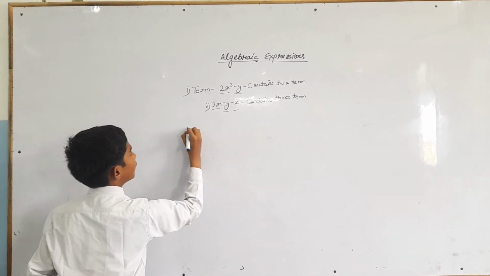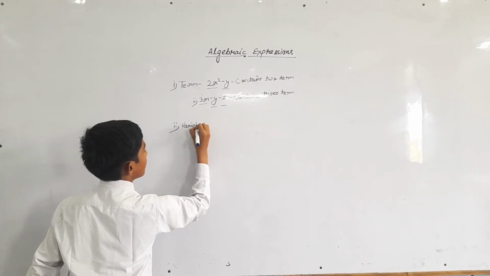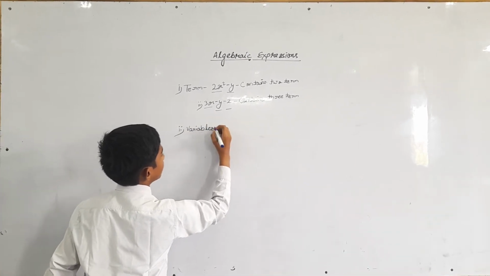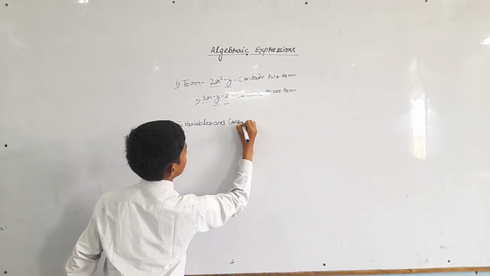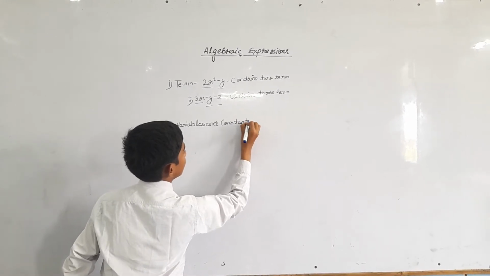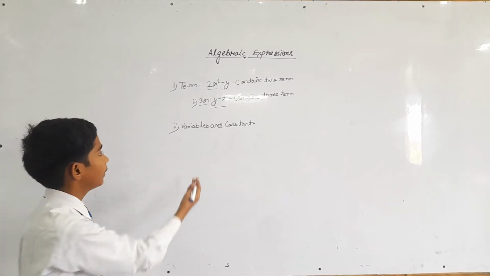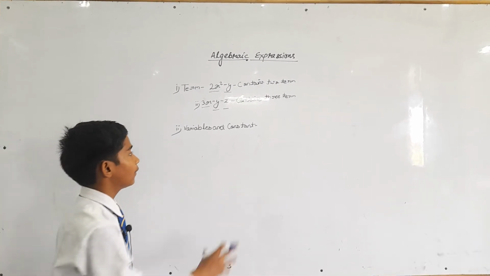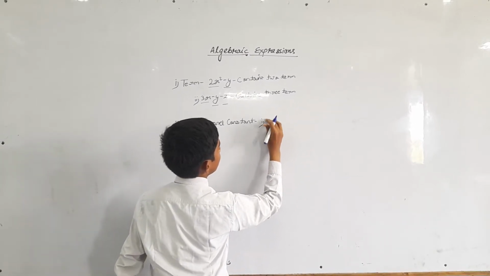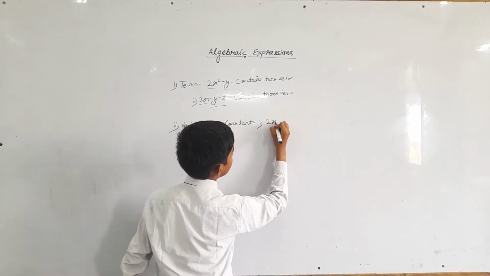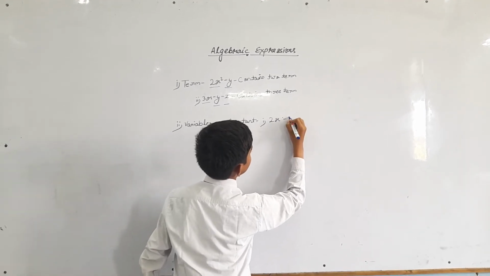So the second topic is variables and constant. What is a variable and a constant? The symbol whose numerical value is not fixed is called a variable, and the symbol whose numerical value is fixed is called a constant. Just suppose that we have an equation 2x square minus 2x minus 8 is equal to